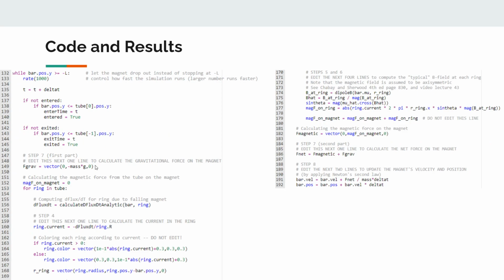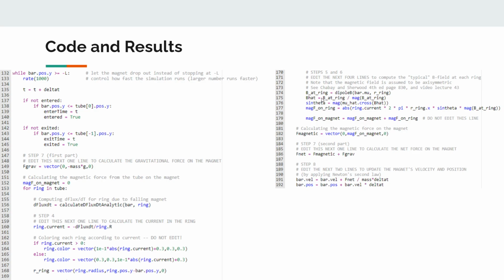And for step 7, we just have the force of gravity, which is just negative of mass times gravity. And for step 4, we just have the ring of current, which is just the flux dt over the ring of R. And for steps 5 and 6, we have the magnetic field at the ring, which is equal to the dipole